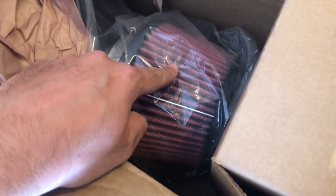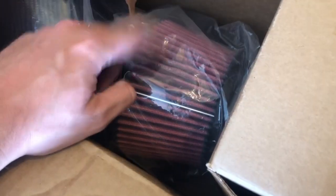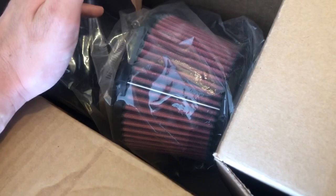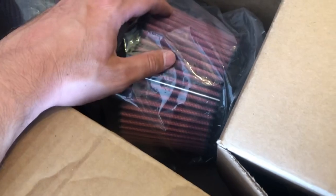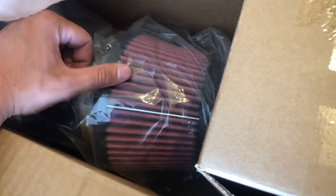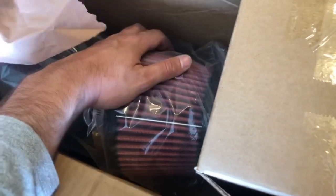Unless the filter is very restrictive, then that's probably why. Maybe it's the filter that makes it so quiet for the VTEC crossover. Maybe I have to change the filter to a K&N so it produces more dry air, for it to flow through better. That could probably be why it's not that loud of a VTEC crossover. But I'm not gonna buy another intake air filter just for this intake pipe. So I'm just gonna stick with the one I have, and the AEM cold air intake